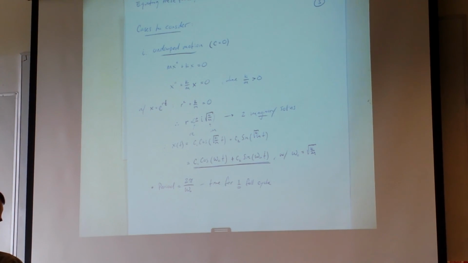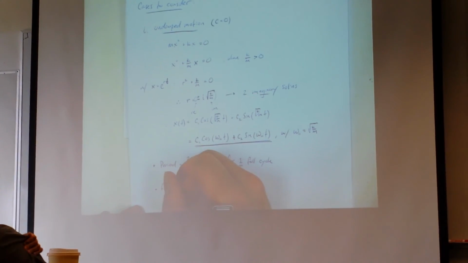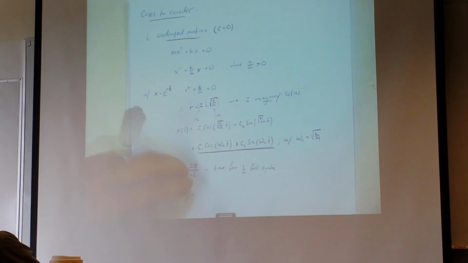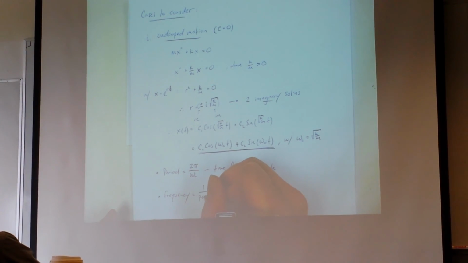One other thing that this model predicts is that will the spring ever stop oscillating, the mass on that spring? No. It's just going to keep going back and forth, there's nothing to dampen it. Okay, the frequency, on the other hand, is just the reciprocal of the period. So 1 over the period, right? So that's omega naught